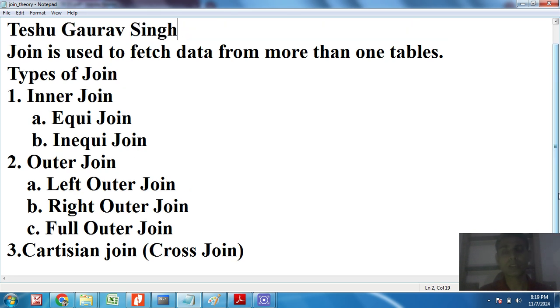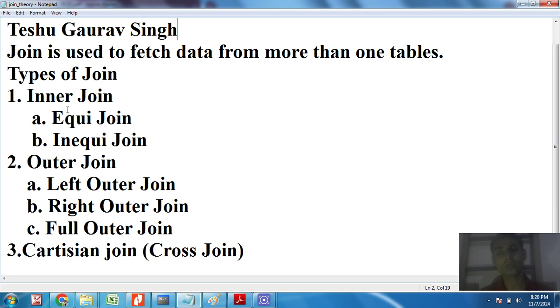In inner join, when we compare two items, we fetch only the matched values.